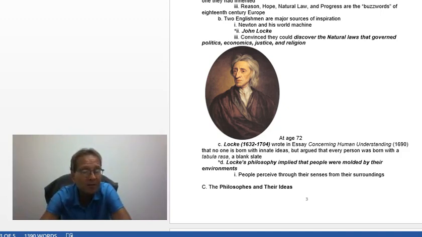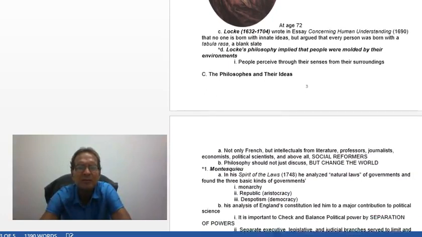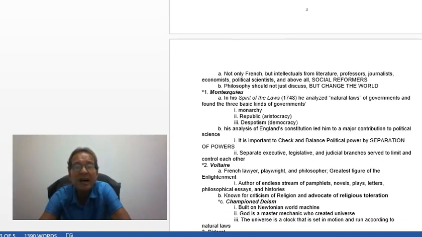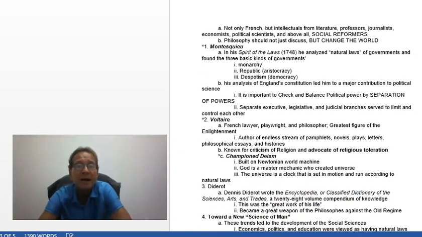People can be taught to be better people. This was what all the Enlightenment philosophers believed. The philosophes, this was a French philosophical movement, but it's also intellectuals from different fields that are listed there. And above all, the philosophes were social reformers, and they had a huge impact on the French Revolution, especially Montesquieu